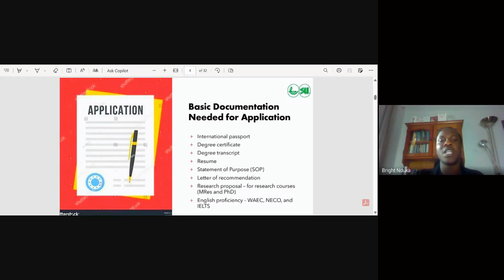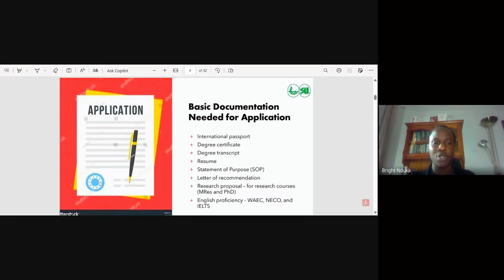Statement of purpose is where you outline your desire. How I explain a statement of purpose in very simple terms is that you need to explain to them where you are coming from, where you are at the moment, and what you intend to do in the future by reason of this course you are applying for. So in summary, a statement of purpose should cover where you are coming from in terms of your background, your experience, the things that you've done that are relevant to the course, or which may be motivation for the course you're doing, and where you are currently.